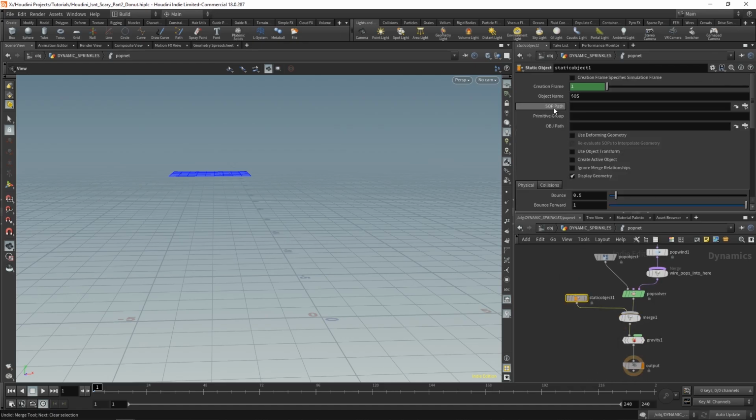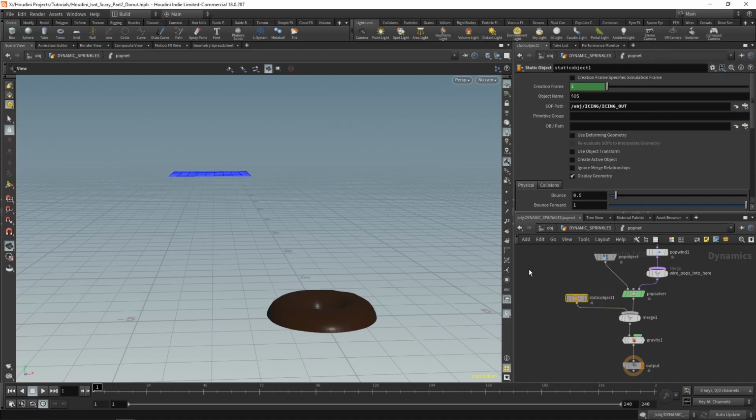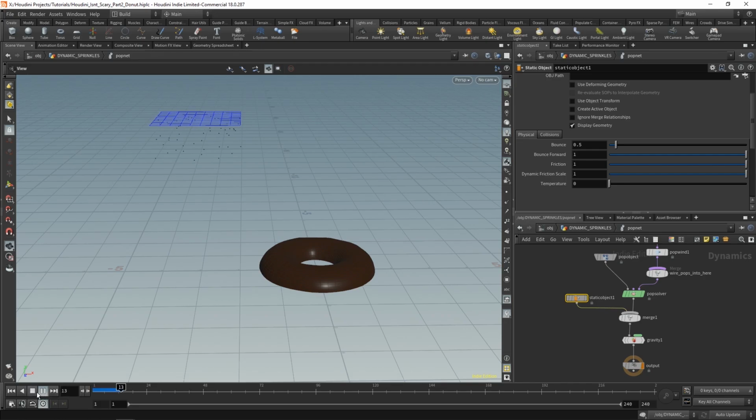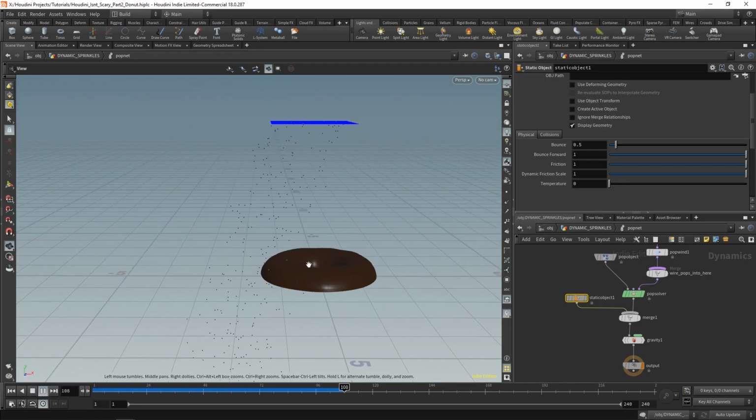So to add an object, we click on it and go to SOP path. And what we would like to bring in is our icing. So we go to icing and select icing out. And all of a sudden, it's in our network. And so if we play this back, you'll notice that our particles fall, and they should interact with this, but